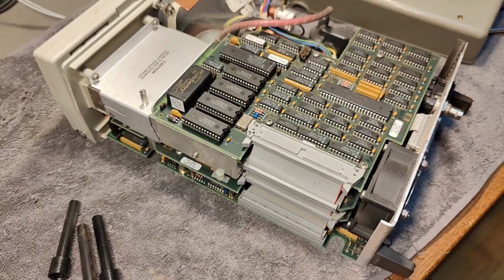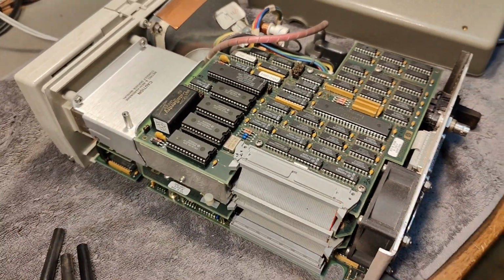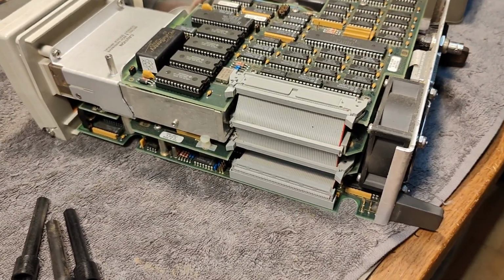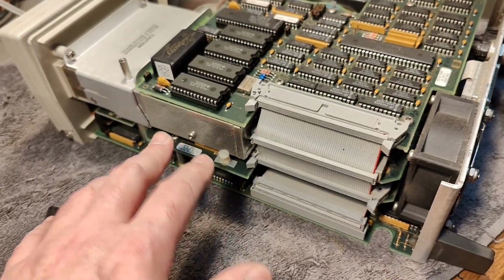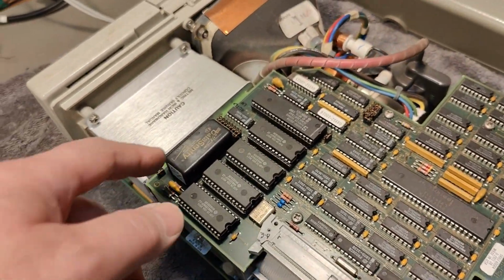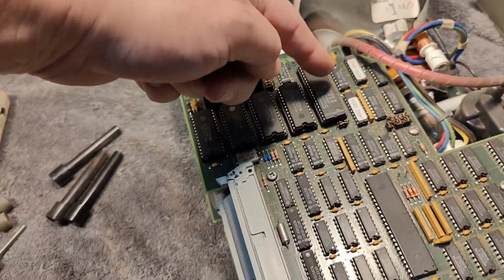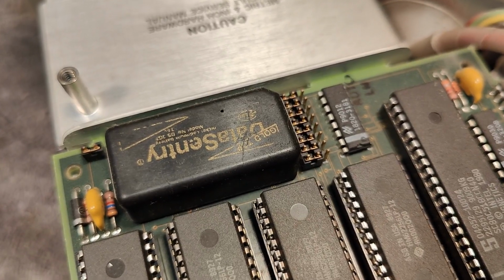Wow, this is a really cool, super compact design. I kind of like it with all the different circuit boards stacked up like that, and it's full of ICs and whatnot. I bet that will be the processor. And we got data